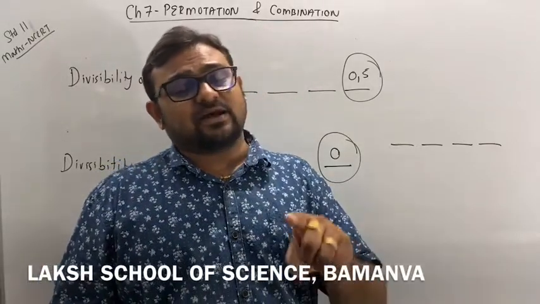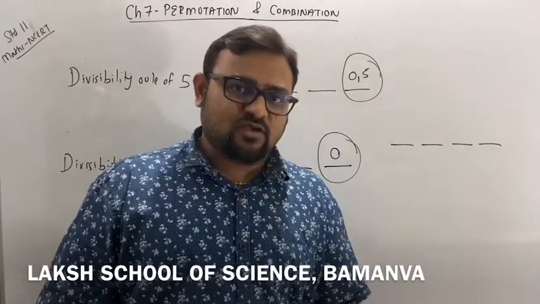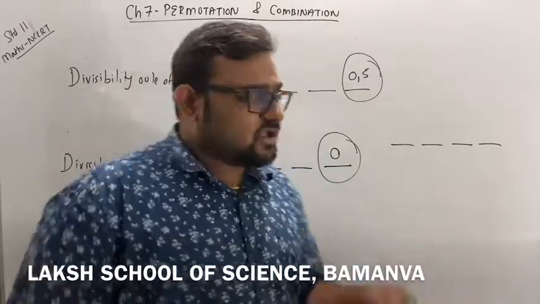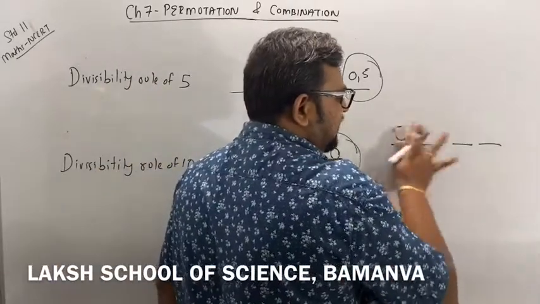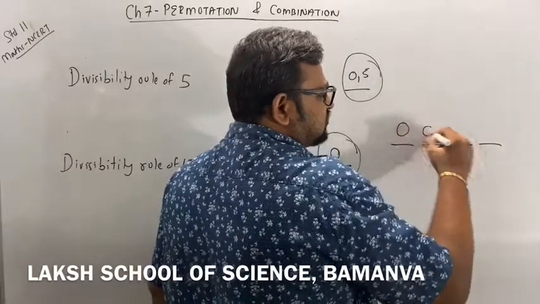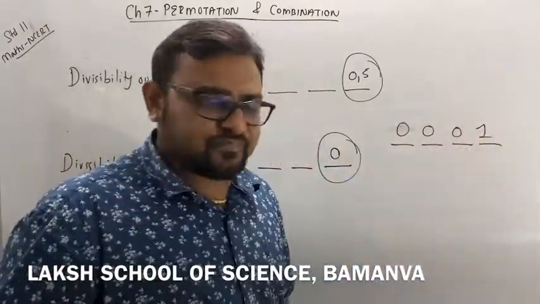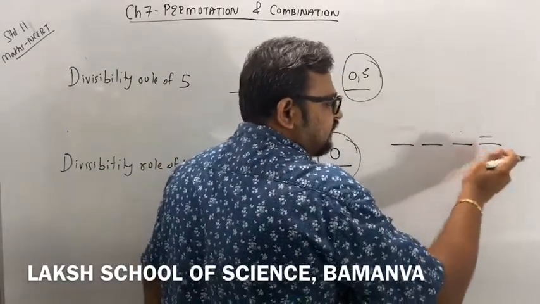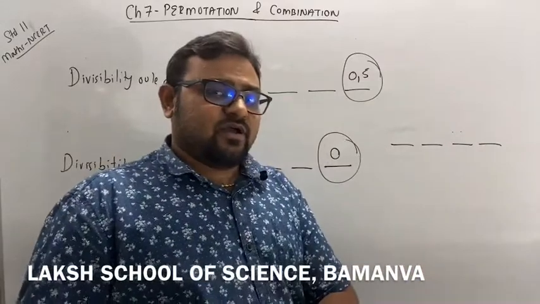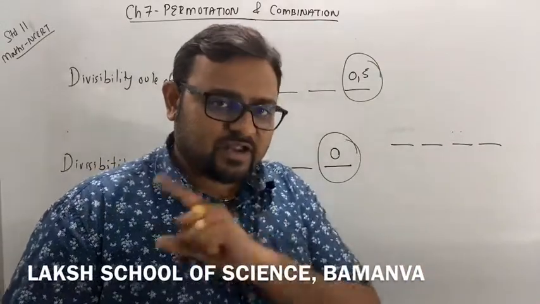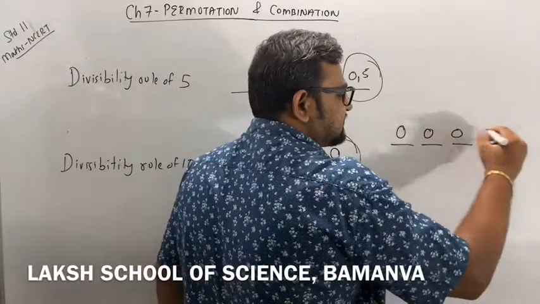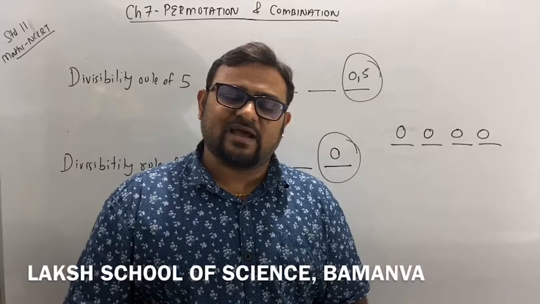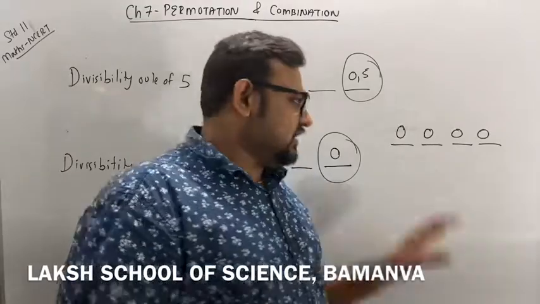You know that in the numbers of two wheelers or four wheelers, the numbers can be repeated, so it can also be like this. If the number is one, then it will be 0001. This is one possibility. So you can put any number. You have 10 options for here, 10 for here, 10 for here, 10 for here. But remember, you can form any number, but you cannot form a number like 0000, right? No vehicle can have number as zero. Clear? So this was an example.